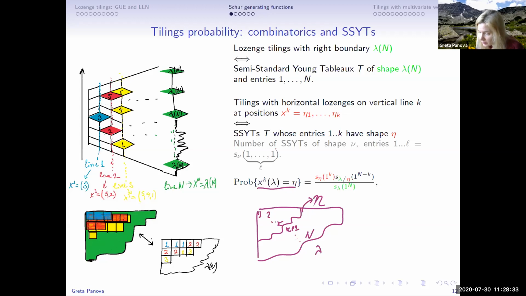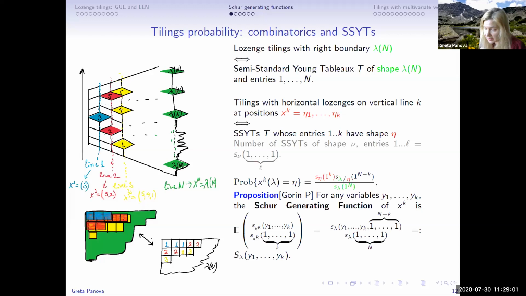So as we said here, the number of semi-standard Young tableau of whatever shape, skew or straight, with a given number of entries is just the value of the Schur function. So we can write this probability of seeing something at the horizontal line as this product, this ratio of products of Schur functions. And now we can